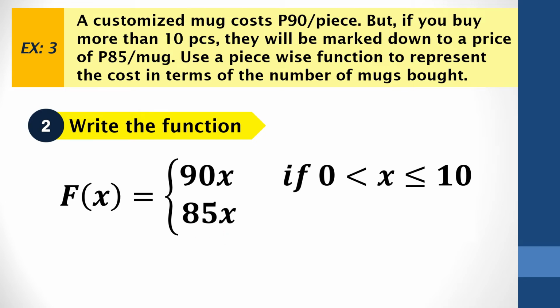Kasi may nakasulat dito na kapag bumili ka daw ng more than 10 pieces, ang presyo na lang niya ay 85 pesos. So, 85 per piece. So, ang condition niya is if x is greater than 10. Okay, uulitin ko ha. 90x siya if bumili ka lang ng 10 pababa. So, ito lang yung sinabi dito. But, if mas malaki pa sa 10 ang binili mo, more than 10 pieces, magma-mark down yung price ng 85